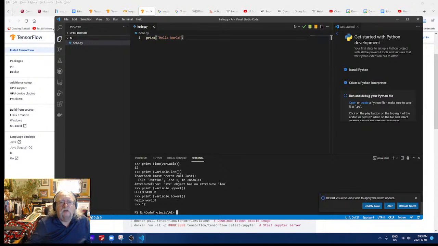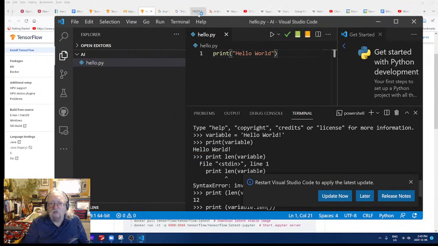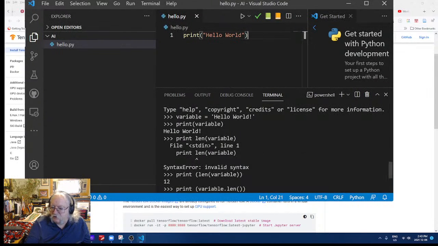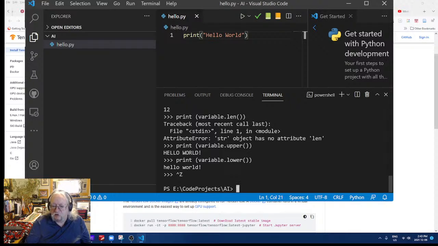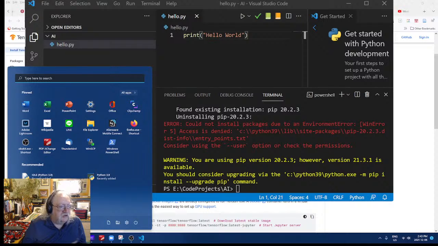All right. So I remember making this bigger. Yeah, there we go. That's better. Okay. So let's upgrade pip. Could not do. Oh, okay. Access is denied. All right, so I'm going to open up PowerShell and maybe run it as an admin.